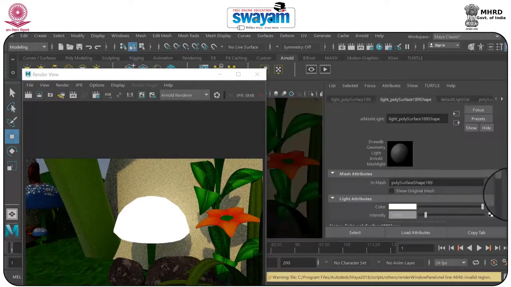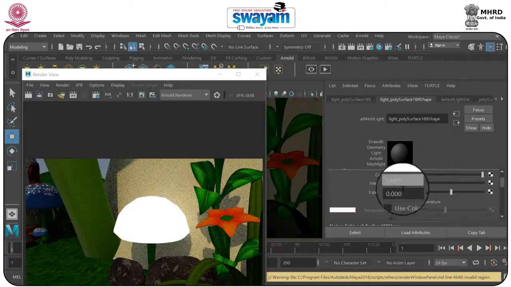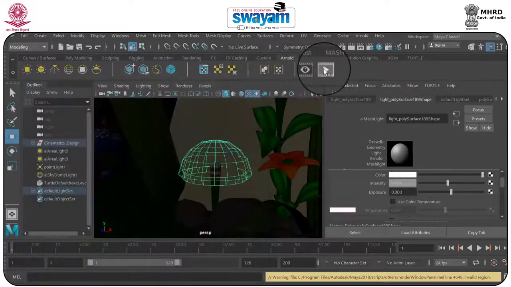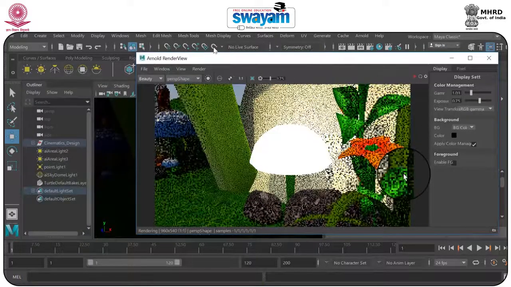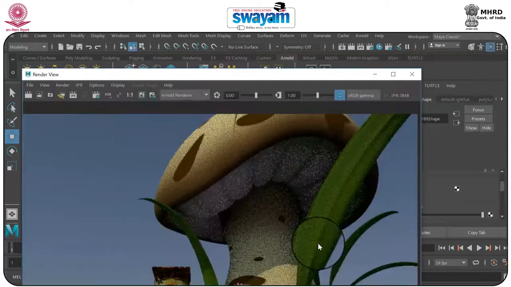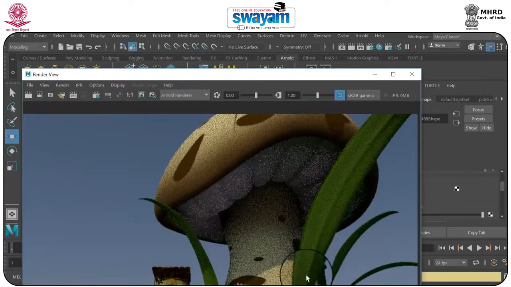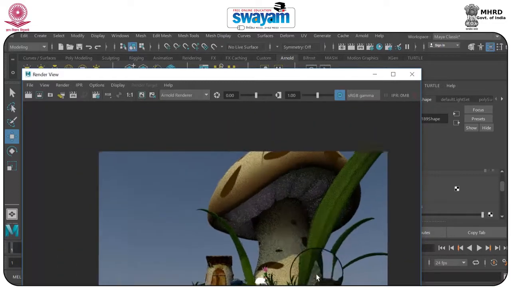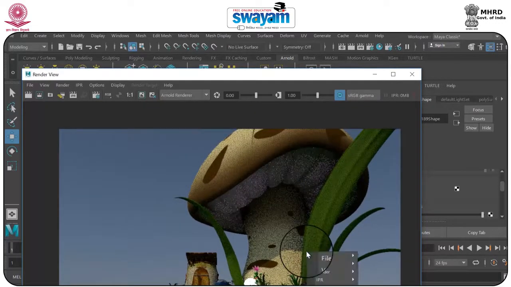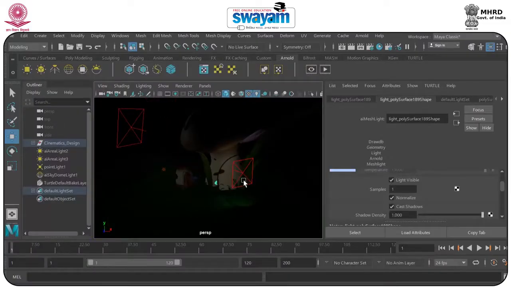So you can go over your intensity, just play around with your intensity. If you want to change the color of your light, definitely you can do it as well. If you see the leaves, the lower part is getting shadow as compared to the upper part. So you have the idea about how you can change the light.